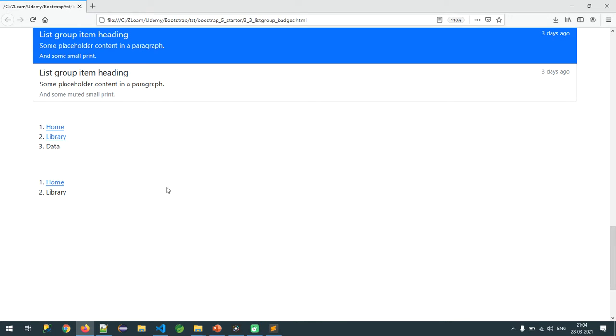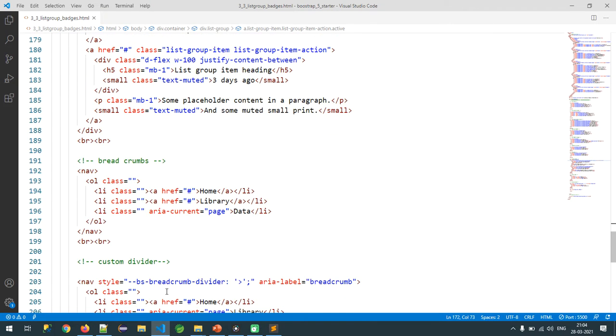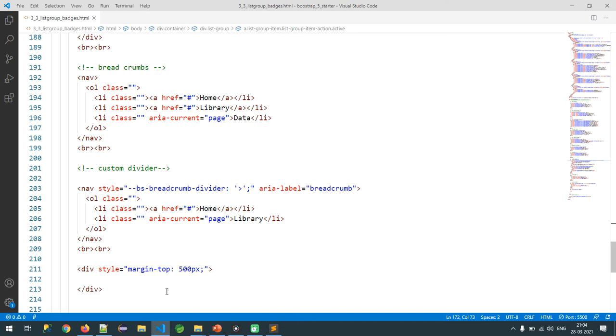The next one is a very important one in web application programming. In a web application, we need to display breadcrumbs. So what exactly is a breadcrumb? It means we need to display site navigation in our web page.